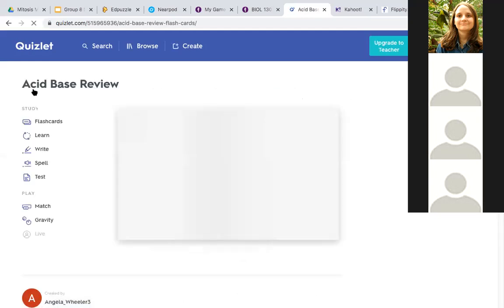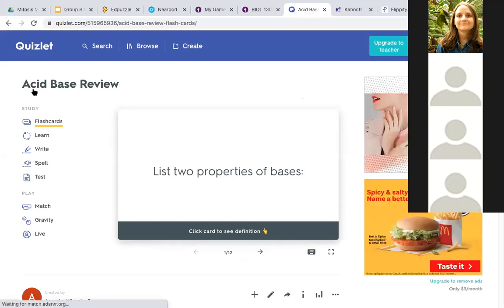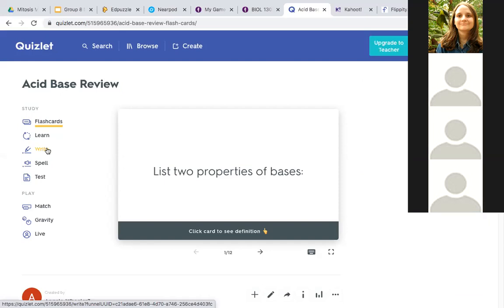The students liked this particular activity because of the collaborative aspect, but also because then I could send them this link and they had access to these flashcards that they could use to study, and they could individualize how they studied. They could turn them into a quiz or turn them into a short answer. So they used these flashcards to study for the test. They liked this as well. Any questions about this one?